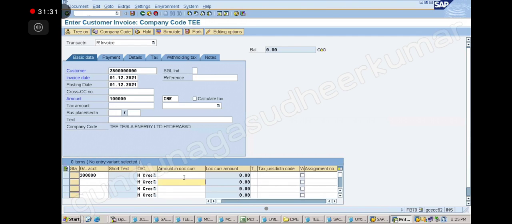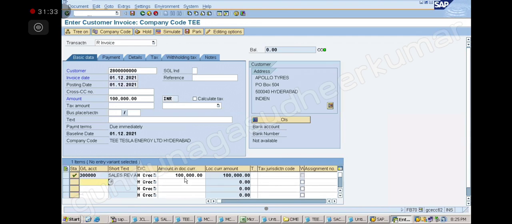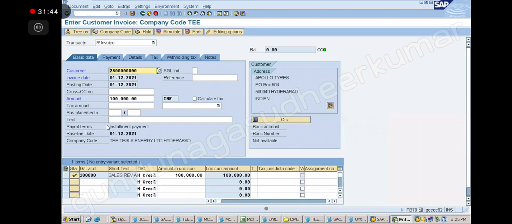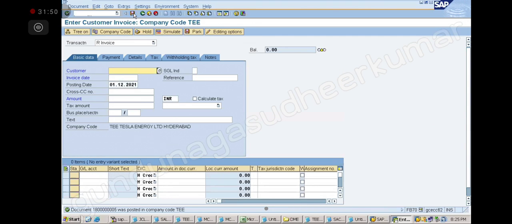And my payment term would be the installment payment term. Save. Perfect.